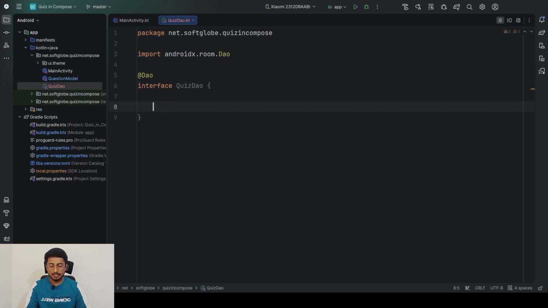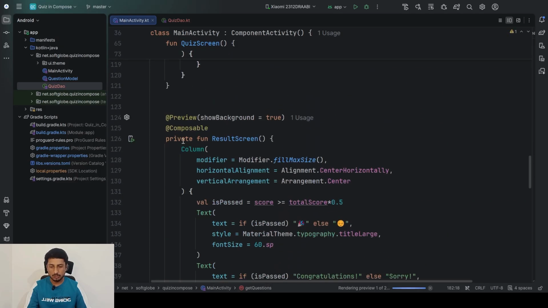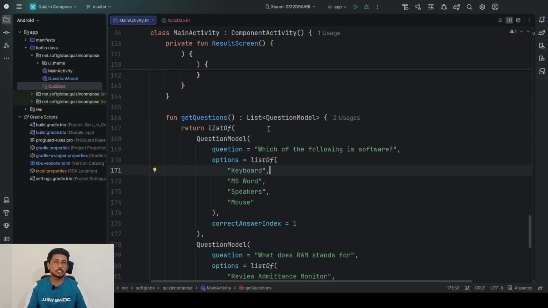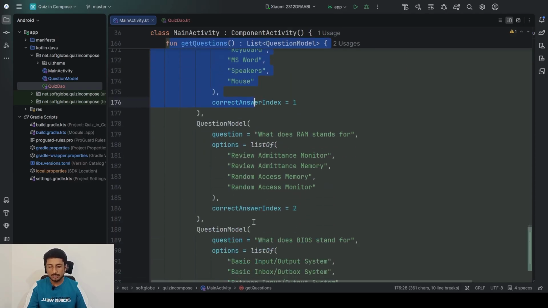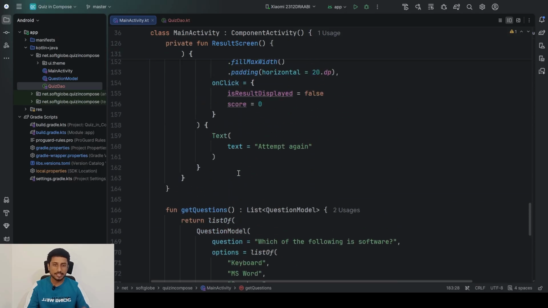And here I'll be declaring all the methods which will be needed for this quiz app. Currently I need only two methods: first to insert the questions, and then get all the questions. We already have the sample questions here. So we first insert all this. As soon as the application has started, we'll put all this question data in our Room database, and then we are going to extract that data from there